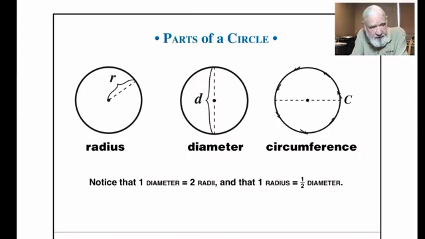As you can see in the picture there, from the center to the outside edge, no matter where you draw that dashed line, it's always going to be the same length. It's always going to be the radius of the circle. And if you continue that dashed line all the way through, we get the diameter of the circle. One way to remember diameter is that dia means across and meter means measure. So the diameter is the distance across a circle.